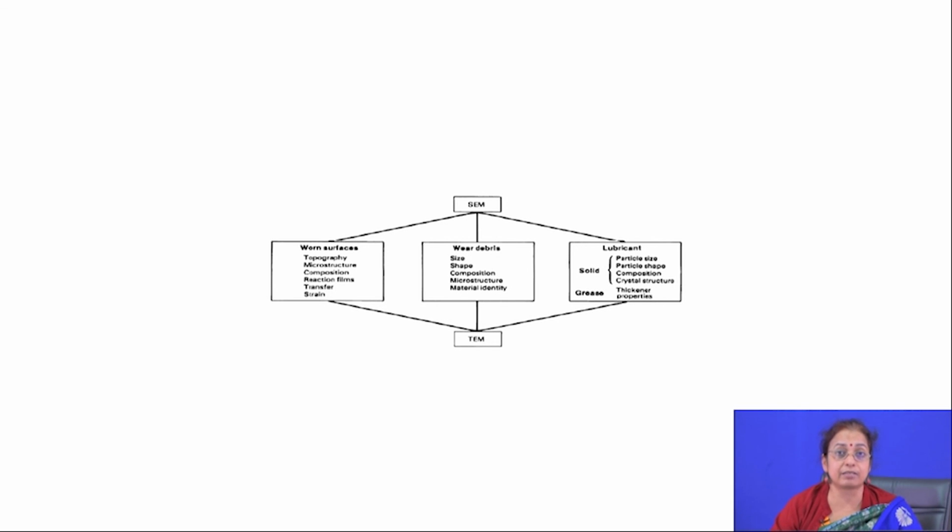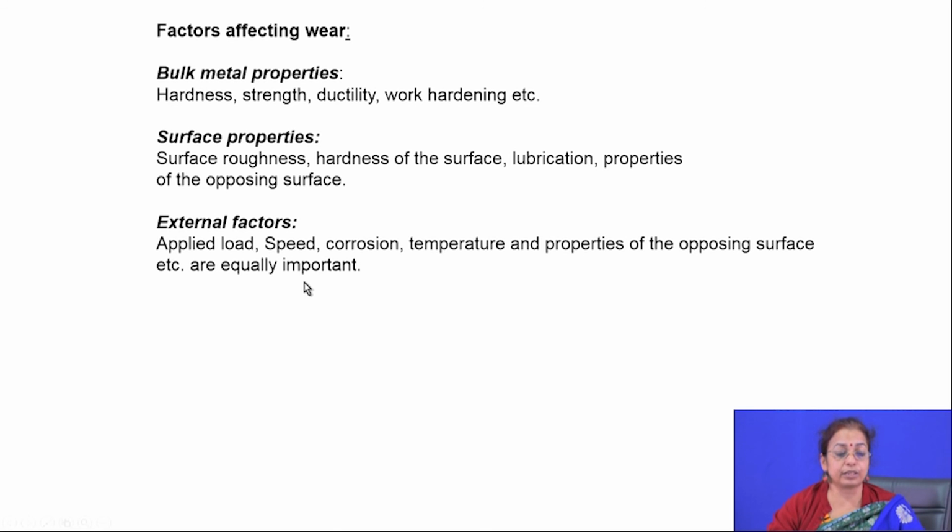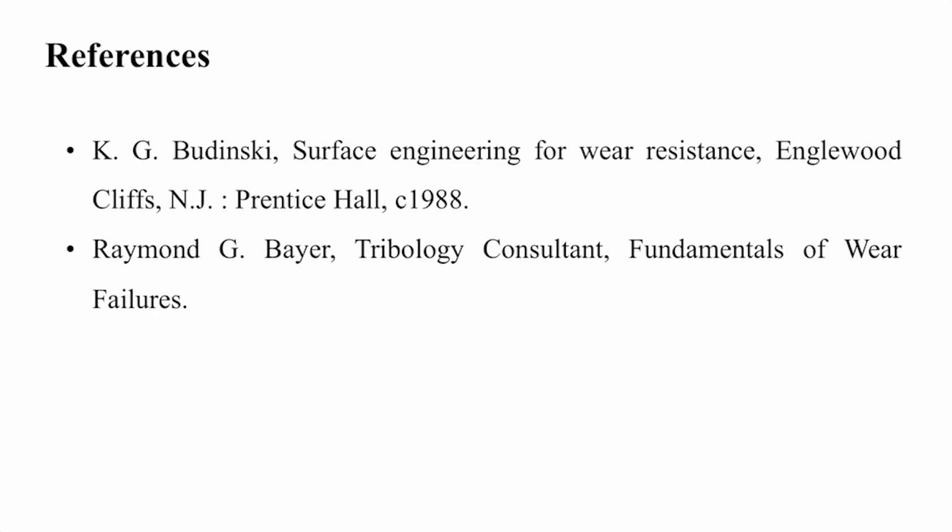When you know about the kinetics and mechanism of wear, it is very easy for you to assess the reliability of the component in actual service, as well as to take precautions so that failure does not occur because of wear. In this talk we discussed different types of wear, the parameters which influence wear, the external factors which influence the wear kinetics, the way you can measure wear kinetics and mechanism, and how to improve or minimize the wear rate of the material or component in service. Thank you very much.